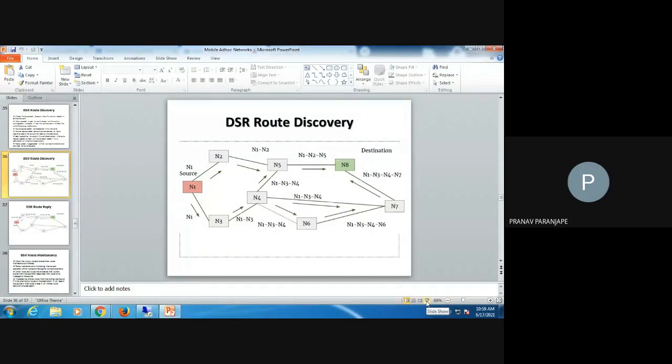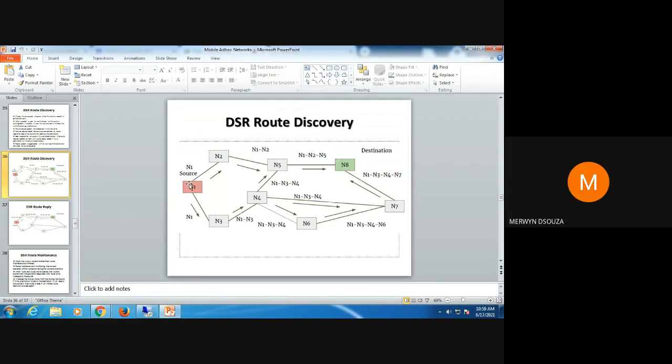Say suppose N1 wants to find the route to N8, but then you said it is generated dynamically. So I wanted to ask whether when it reaches N2, it will try to generate the route again, or continue on the same path, or is it calculated at N1 again, like alternative paths?